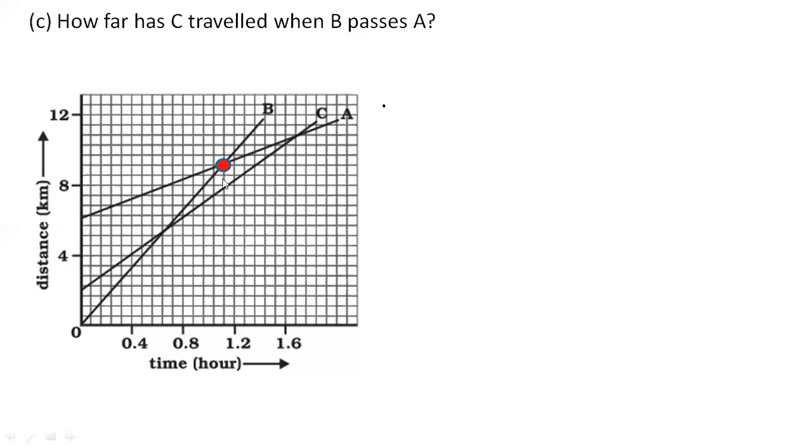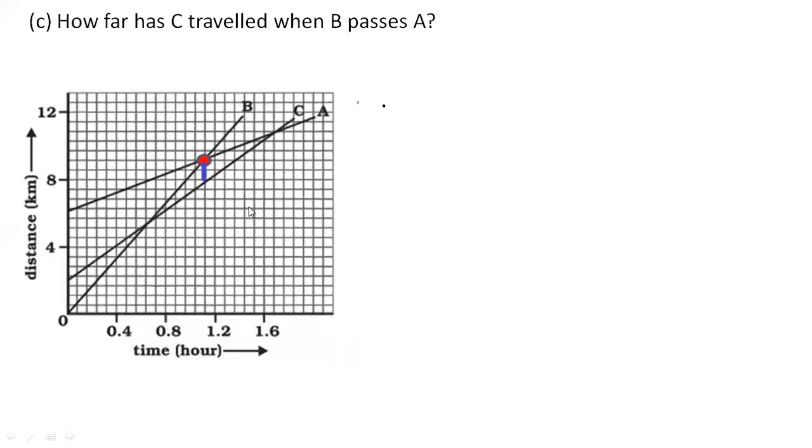So what we are doing, we are taking a perpendicular from this. So we drew a perpendicular. Now the answer is that we can directly take whatever the value is as the answer, that means 8 kilometers. But the problem is that that body had traveled some distance, so we need to subtract it. So this is the actual answer, 8. But that body had covered some distance, so we need to subtract it.